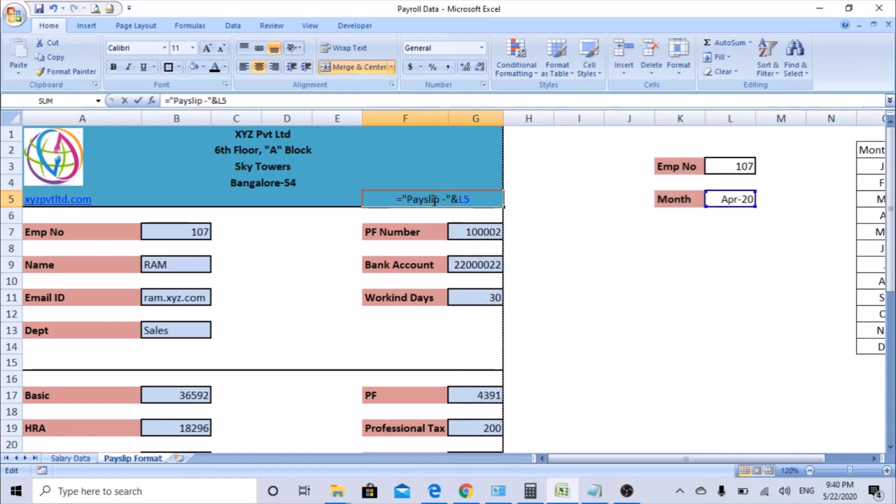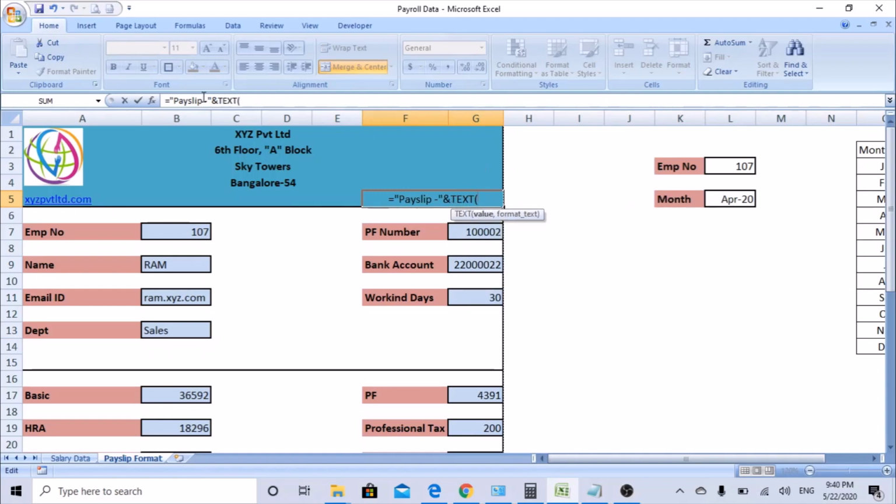So now it is not taking because we are concatenating this with this cell. So for this we can use a text formula. I have already trained this in last session. You can go and check my video for text formula. So we'll add the text formula here, text, open bracket.